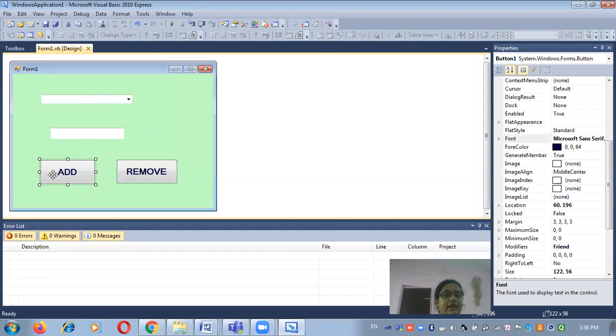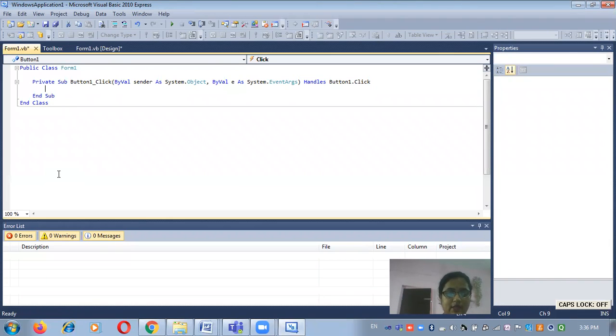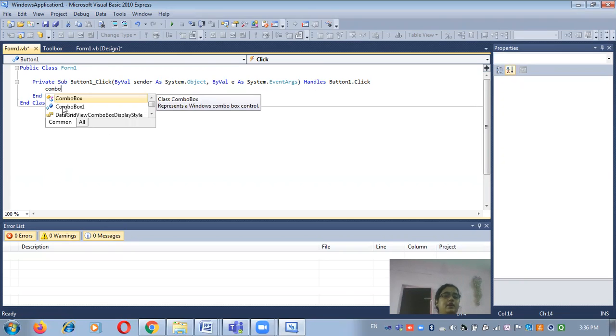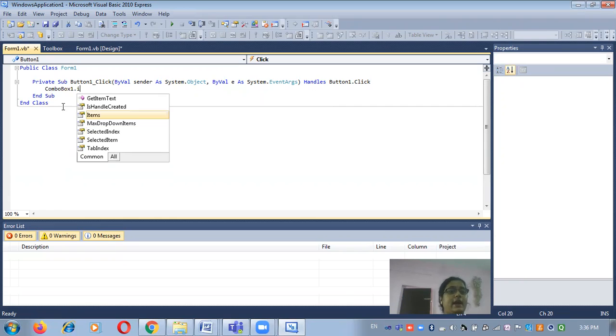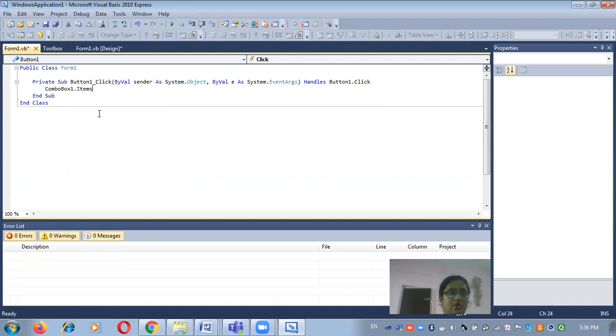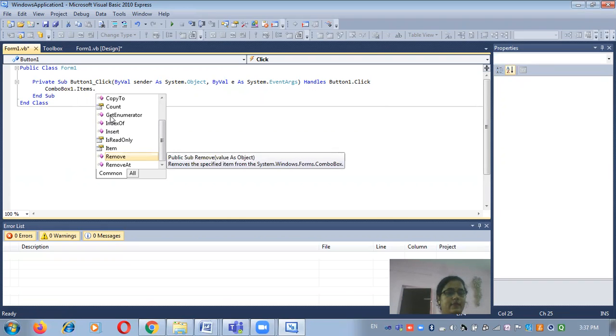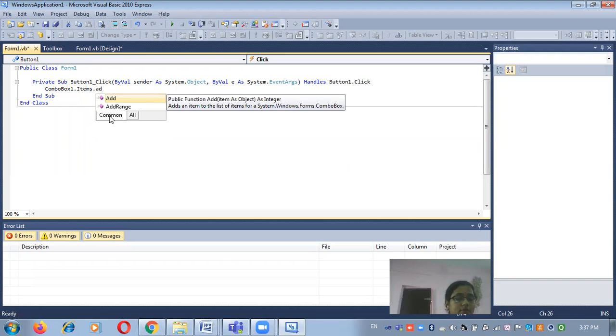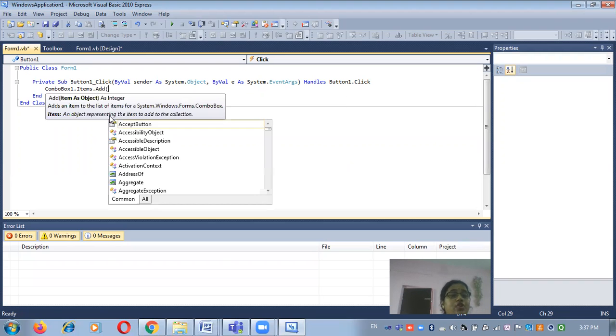To do that, I'll double click on the button, then write the code as ComboBox1. Once you type it, the controls are automatically displayed. Then I want to add an item, so I select the property Items dot Add, and set what you want to add.